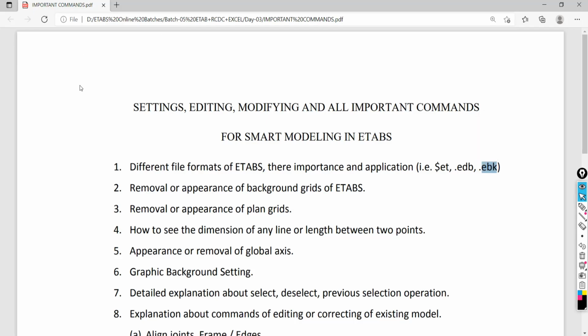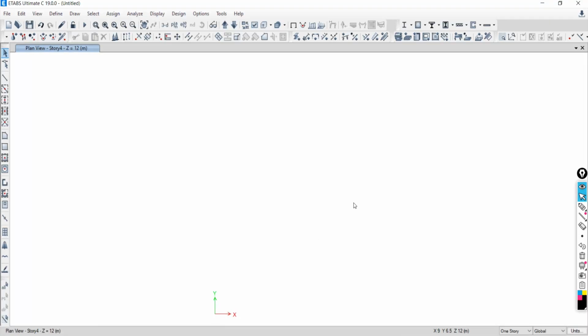Now next, removal or appearance of the background grids of the ETABS software. Coming back to ETABS, first I would like to open any model. So go to Open.